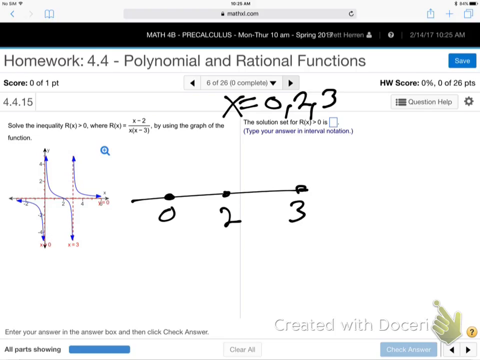So really this breaks the whole number line into 4 sections, doesn't it? 1, 2, 3, 4 sections, right? 3 breaks into 4 sections, right? All right, so then I need to check each of those sections and find out which ones are positive and which ones are negative. You can plug numbers into all of them, or you can try to do the